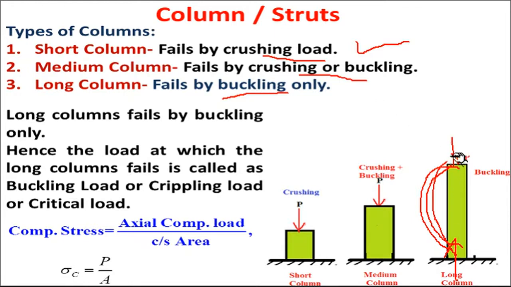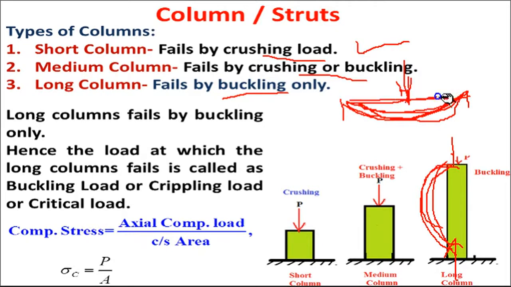When a vertical member is loaded, it is called buckling. But when a horizontal member is supported like this and loaded, it is called bending. So this is the major difference between bending and buckling. Bending will occur when load acts vertically downward on a horizontal member. When the member is vertical and loading is acting, it will buckle. So that is the difference between bending and buckling.